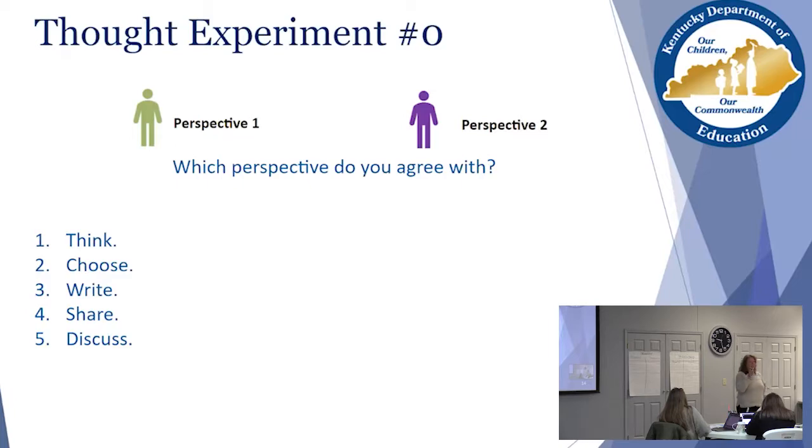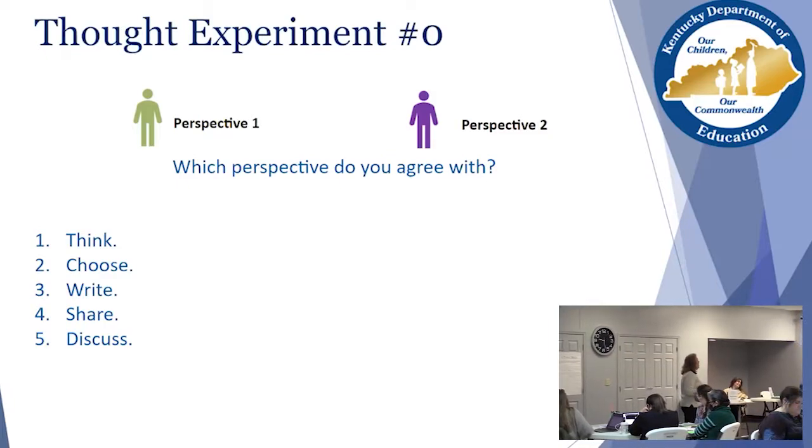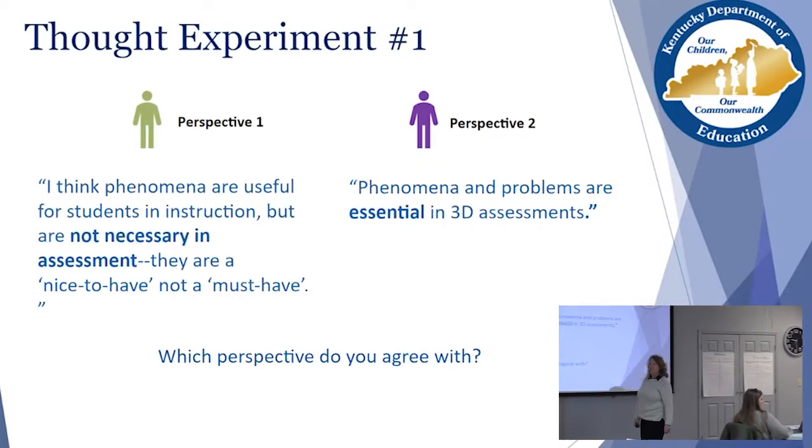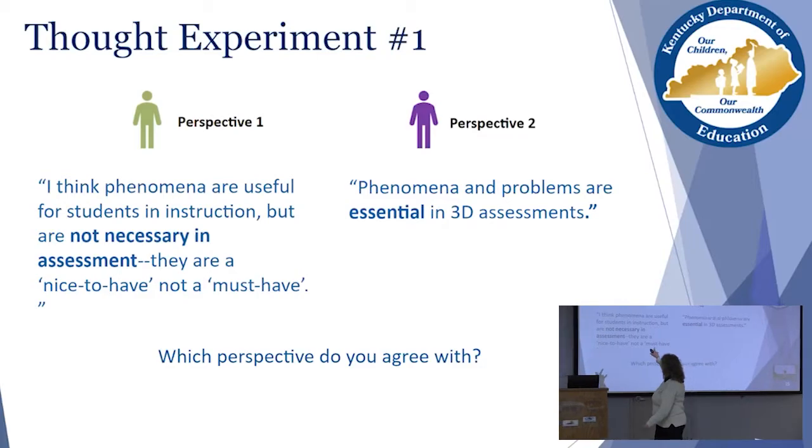And the way I'd like to share these is once you have committed, I'd like you to come up to the appropriate chart, so you're going to get to move around, and I'll point which one it is. I'd just like you to use either a Post-it or a marker or a pen or something, and just mark which perspective you agree with. For our virtual friends, get your advocates involved and let them know what you think, and then our advocates can come up here and share on the chart as well. First perspective is around phenomena. Perspective 1.